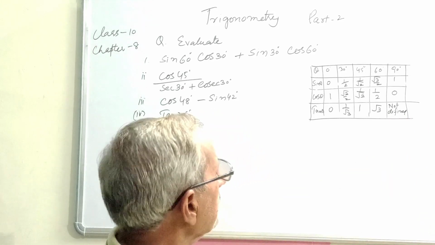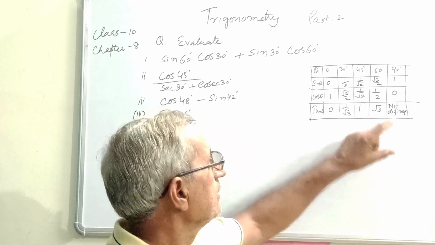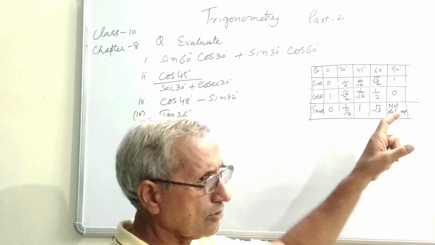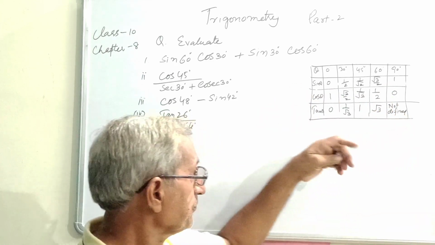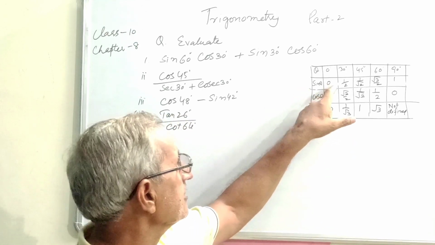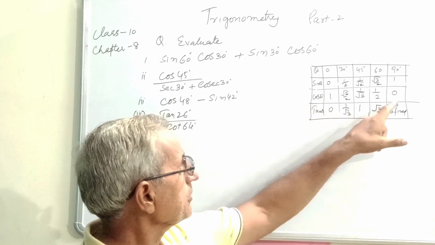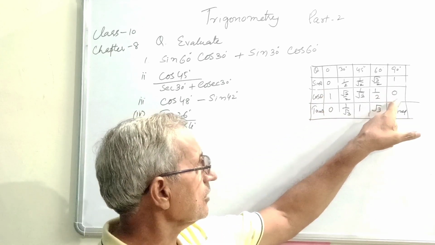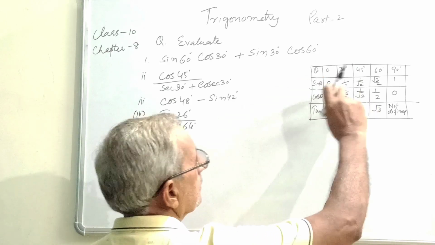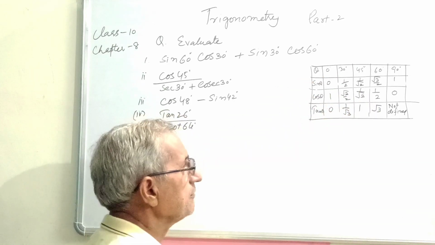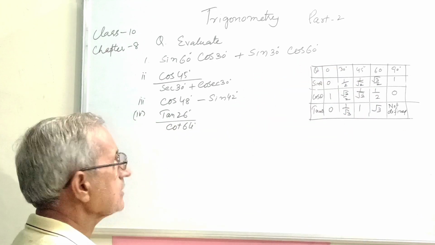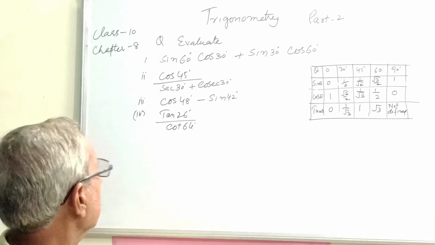So I tell you why this is not defined. You cannot divide 1 by 0. 0 cannot be taken in the denominator. 0 only can be placed in the numerator. If you divide 0 by 1, that will be 0, but if you divide 1 by 0, that is not defined. So you know the three values, sin, cos and tangent. For the other three ratios, the inverse ratios of these will be taken.